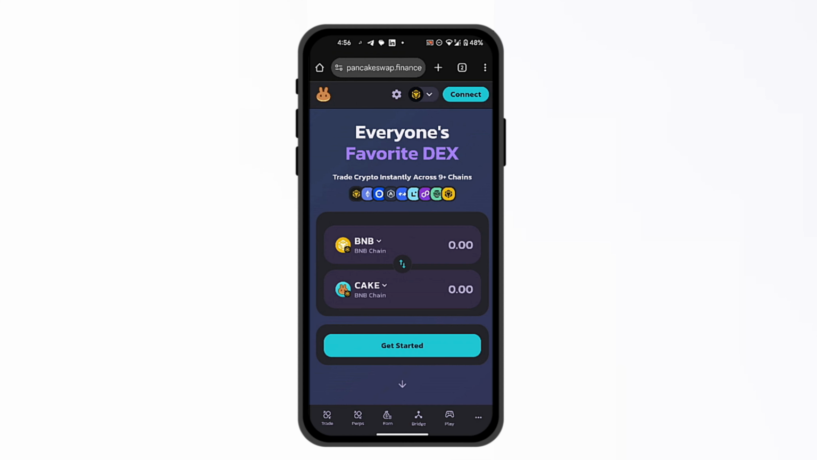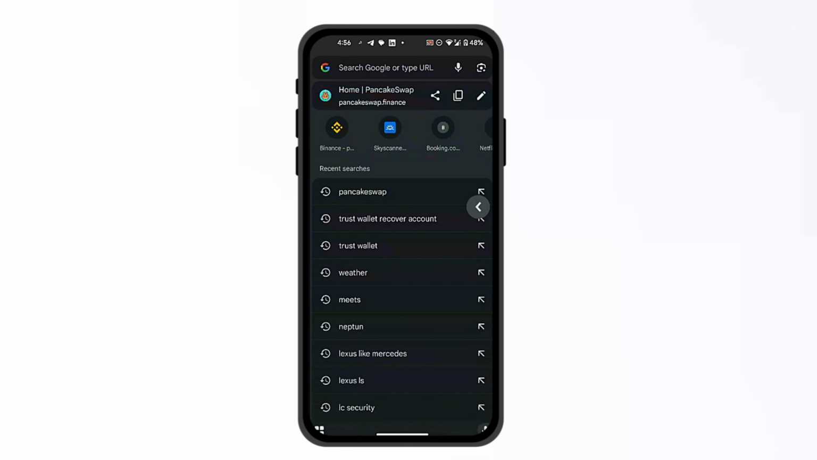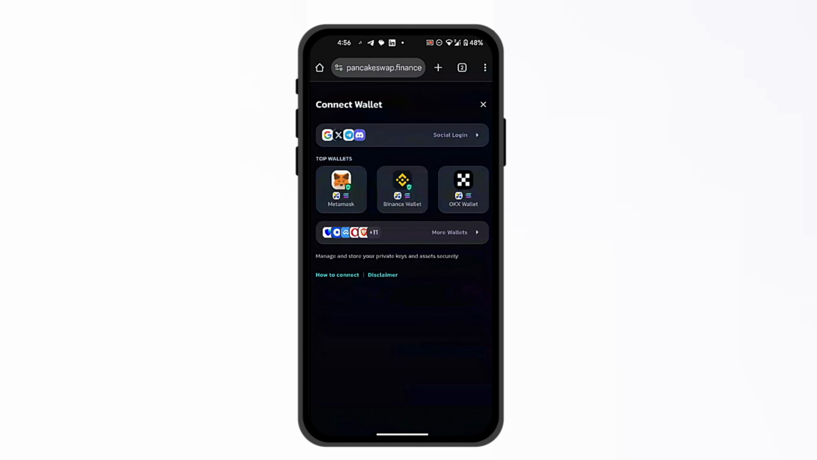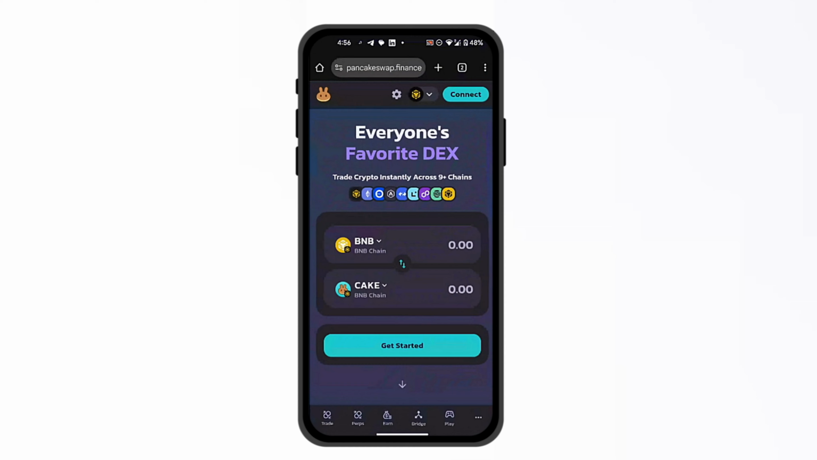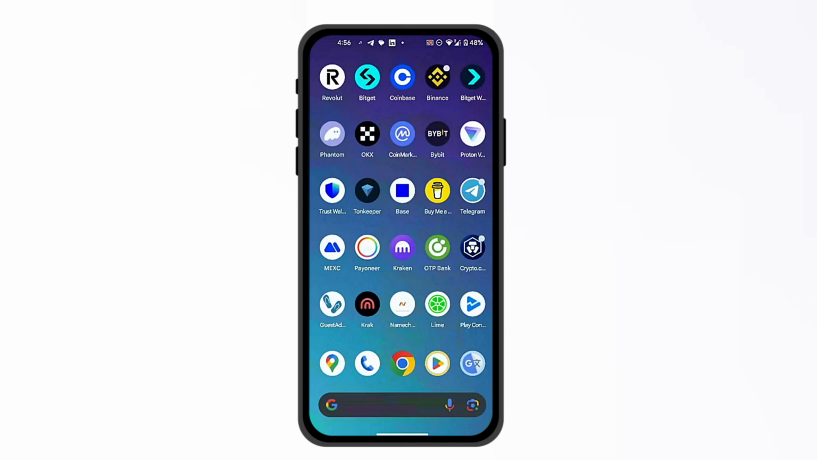Now, this can be done manually, where you go to the main website, which is pancakeswap.finance, and then from here you're going to go to connect, and then select whatever wallet there is, or you can go to another wallet. So for example, if you are using something such as Trust Wallet, then from here you can go in